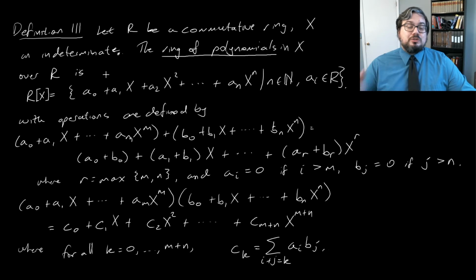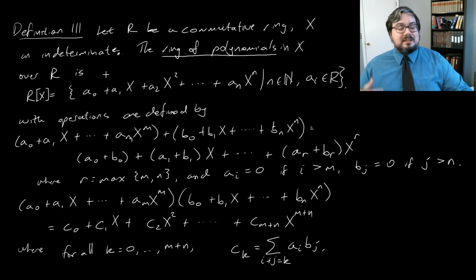We'll be able to define a function based on a polynomial that involves replacing the symbol x with some ring element. We'll talk about that in just a second. But the symbol x itself is not a variable. It doesn't stand for any sort of ring element. It doesn't stand for anything else. It just is a symbol,